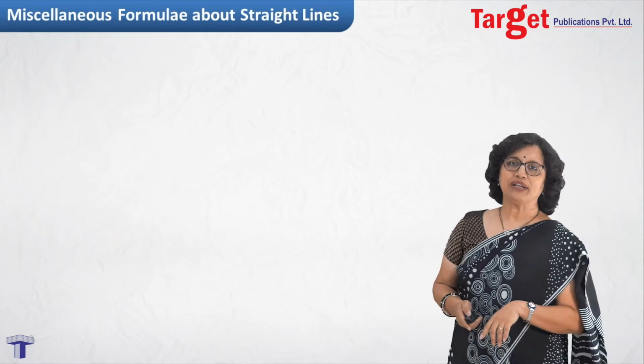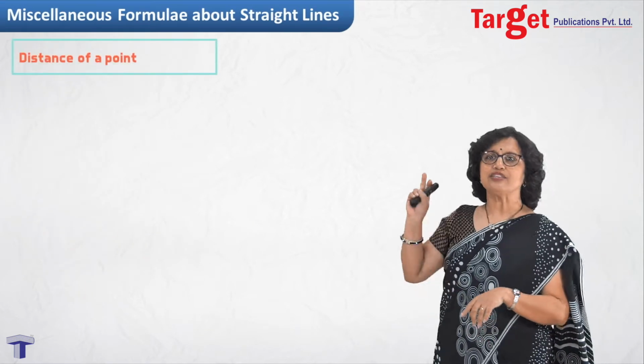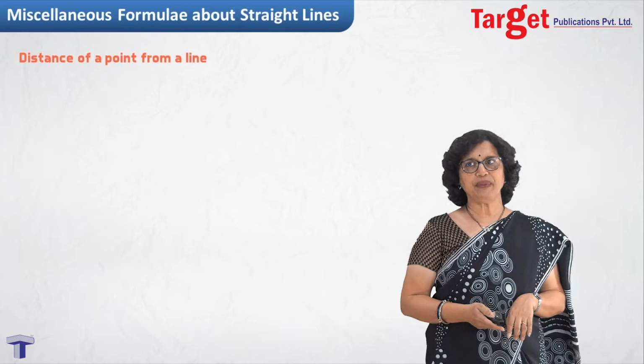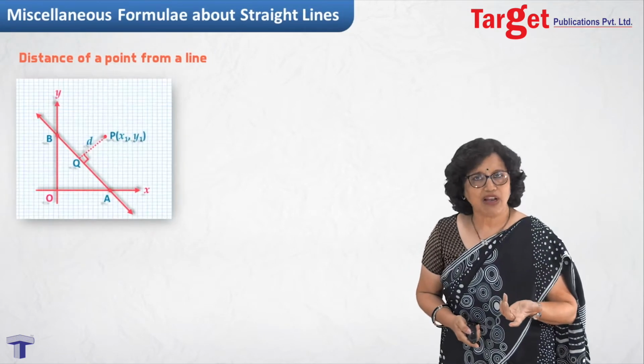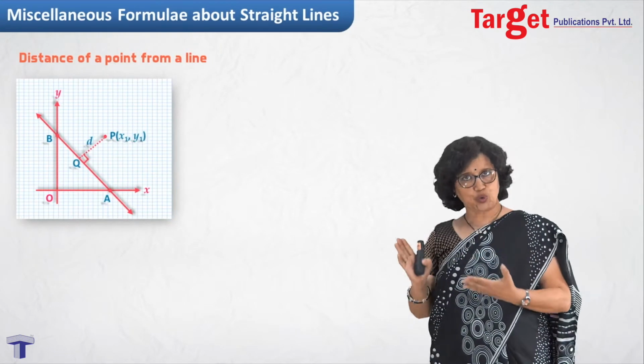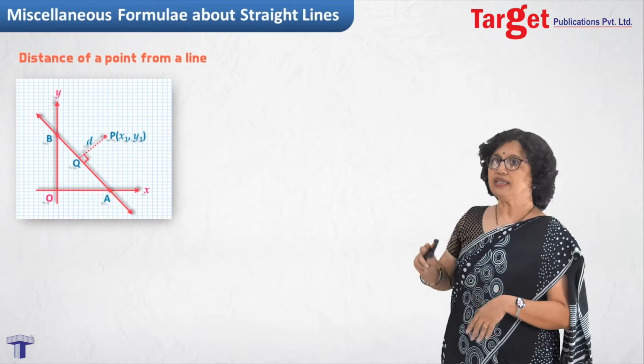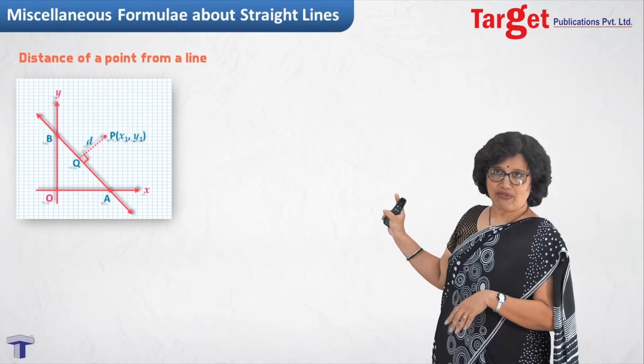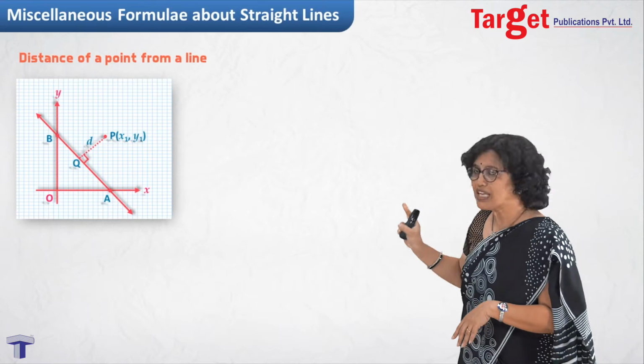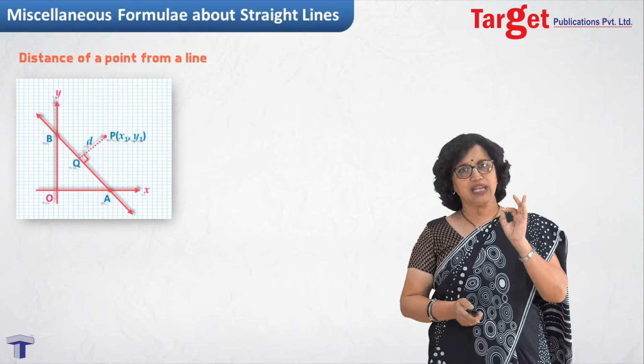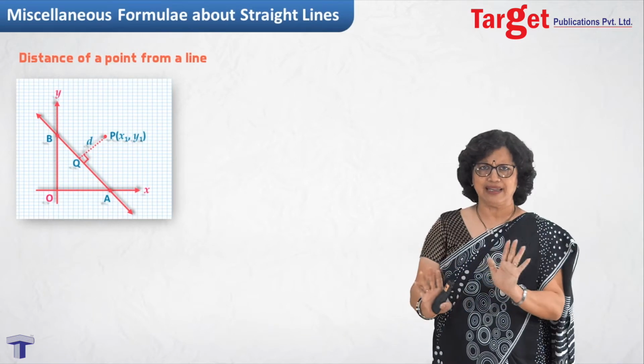Okay, let us move further from here. And the next one is the distance of a point from a line. Obviously that line's description I will have to start with, and somewhere I will have to show that point also, and the distance. The distance of point P (x1, y1) from the line I am showing as small d, and the foot of the perpendicular I have shown as Q, only for reference, nothing else.